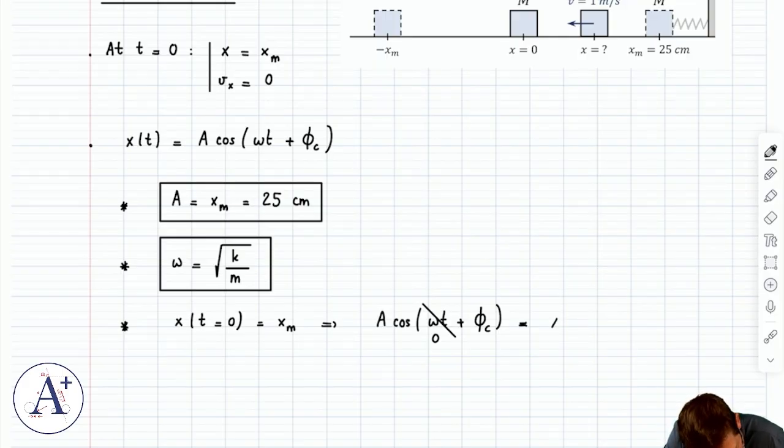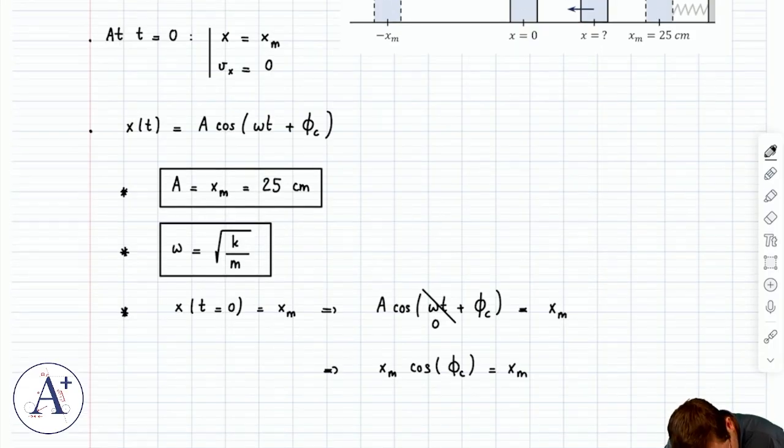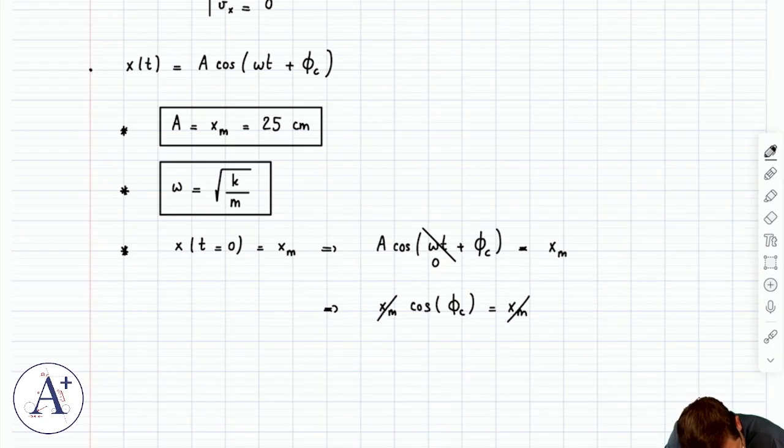Well, yeah, that's right, x sub m. But since A is x sub m, I get x sub m cosine of phi is equal to x sub m, which of course simplifies,